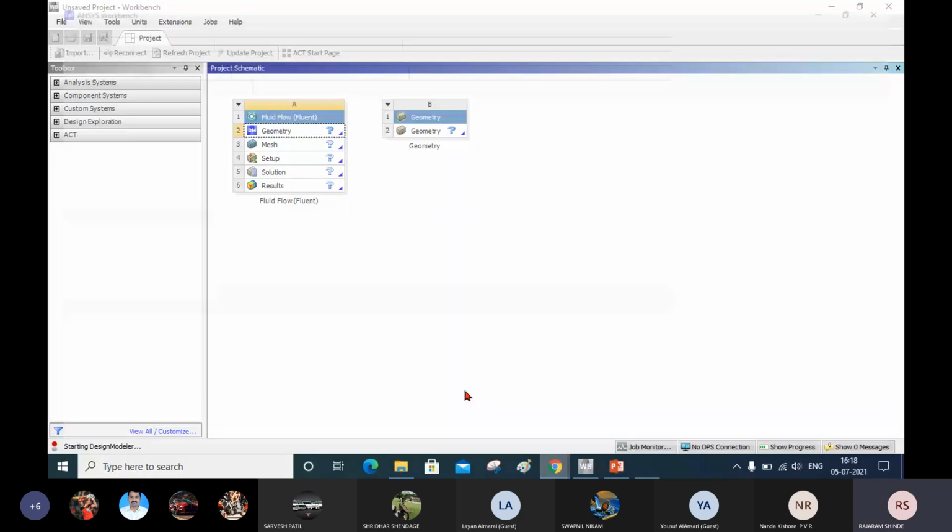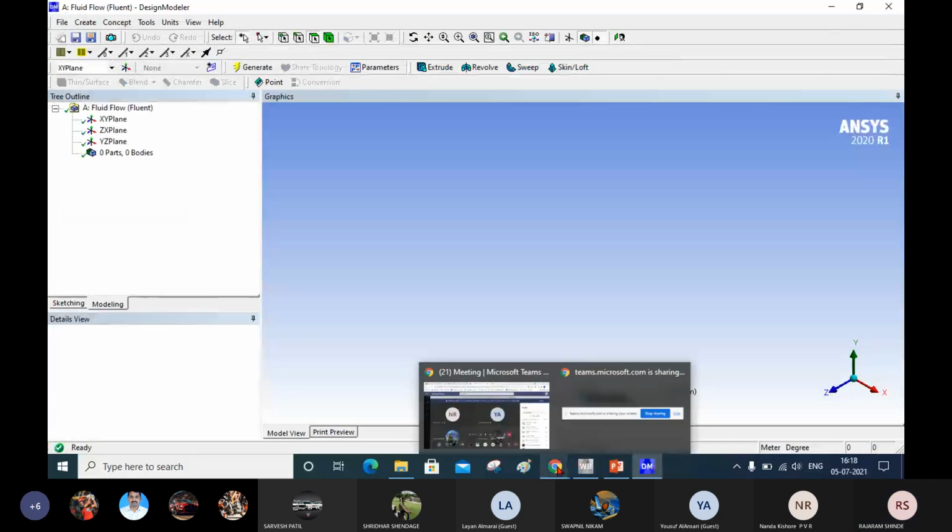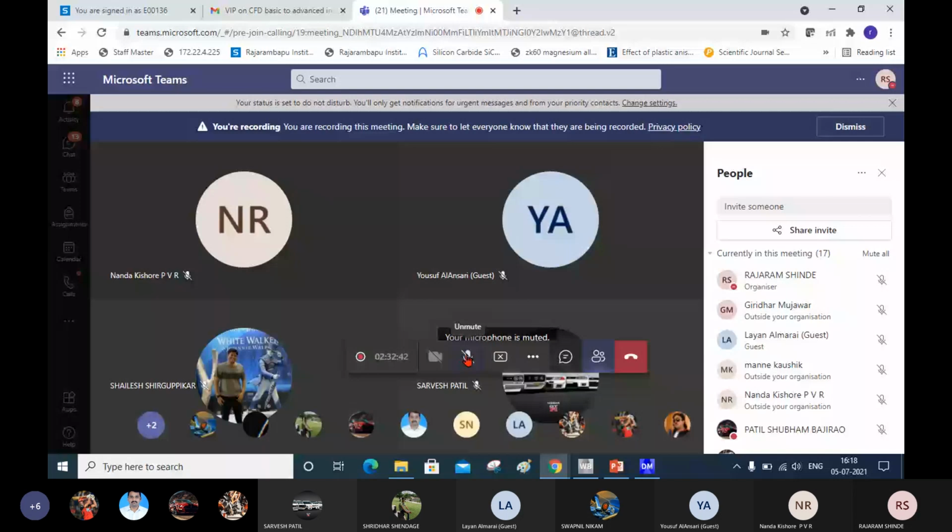It has opened. One minute. Okay, now this is the window for the design modeler.